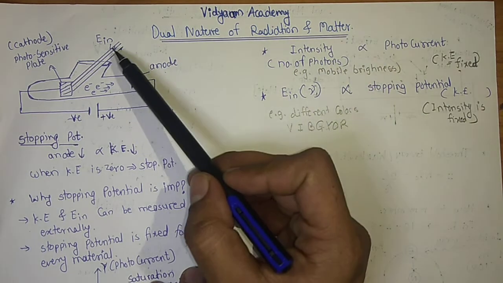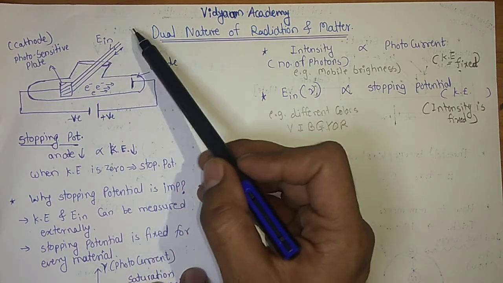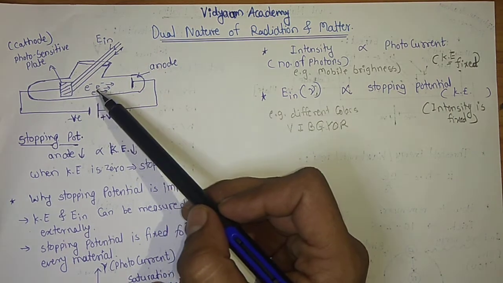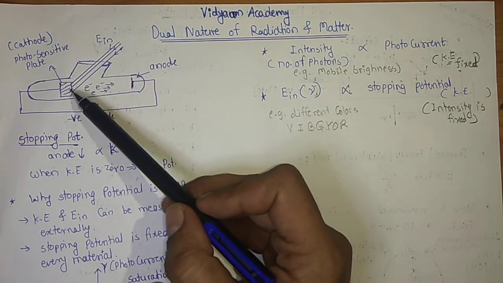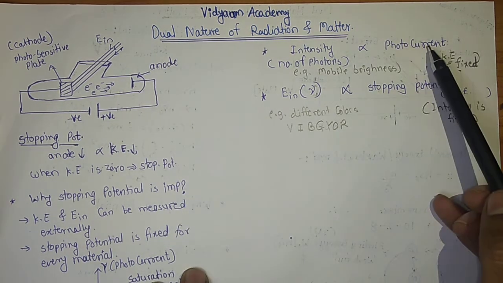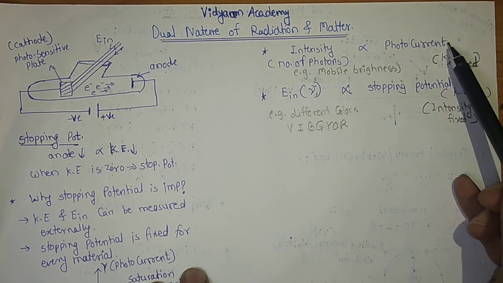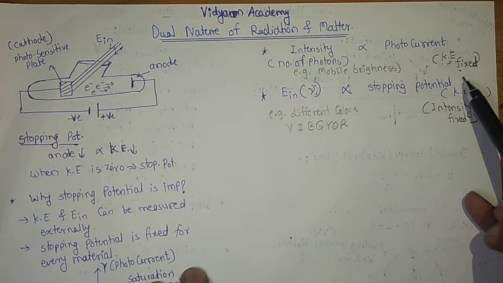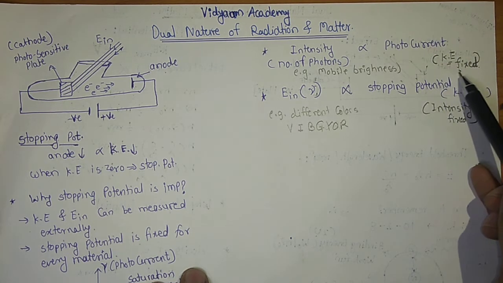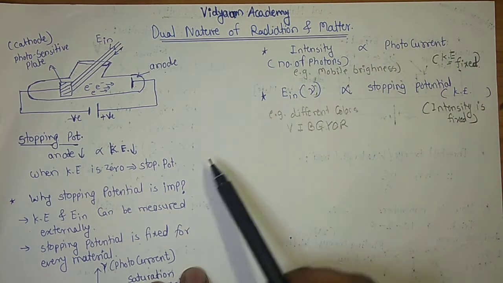Similarly, in the case of incidence of energy, if you increase the number of photons, that will increase the number of electrons, isn't it? More photons will eject more electrons, so thereby you will get more photocurrent. So intensity is directly proportional to the photocurrent. Have you understood it? At that time your kinetic energy is fixed. Kinetic energy will not play any role while changing intensity.